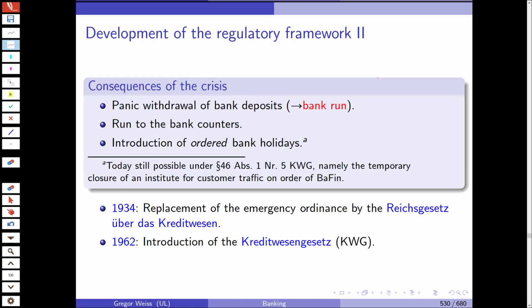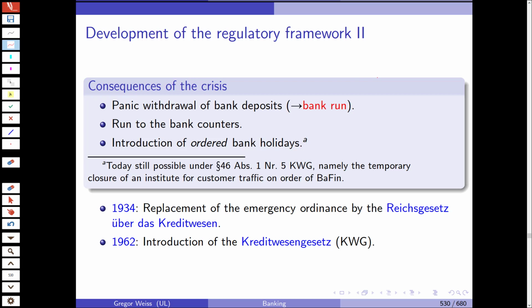So what were some consequences of the crisis? We had a panic withdrawal of bank deposits, a bank run. We had the introduction of so-called ordered bank holidays. This is quite interesting because in the UK, official national holidays are still called bank holidays. And what does it mean, a bank holiday? Well, it's an ordered bank holiday, meaning that